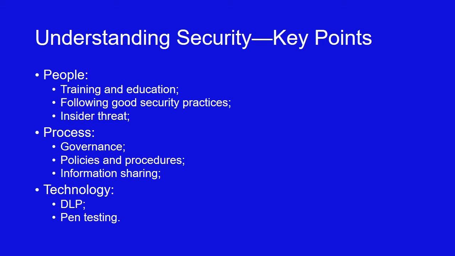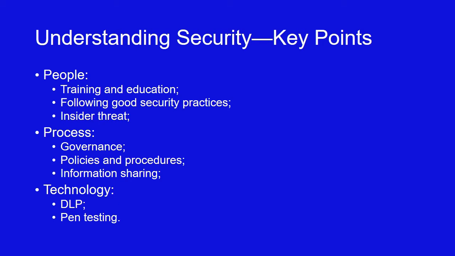From a process perspective, making sure that appropriate governance is in place is often a step that companies will consider. Looking at policies and procedures is also something that many companies examine as part of this process. And looking at information sharing, whether that's sharing with the government or public sector to help deal with threats, as well as sharing with other private sector organizations that can help figure out some of these cyber issues, is a step that some companies take on the process side.